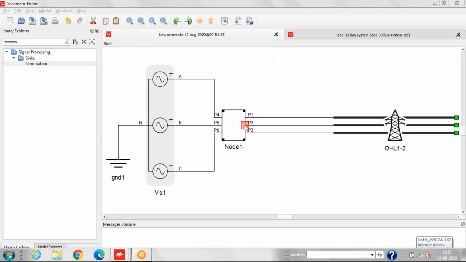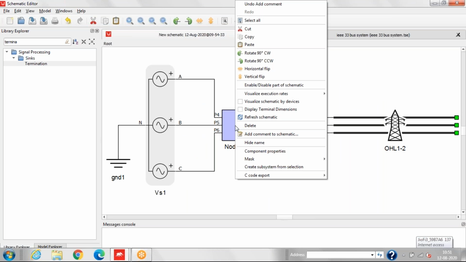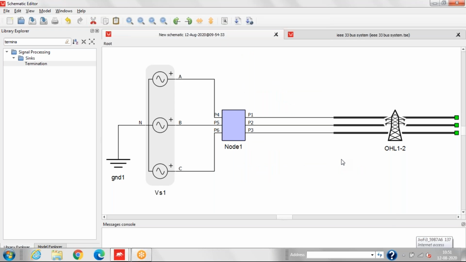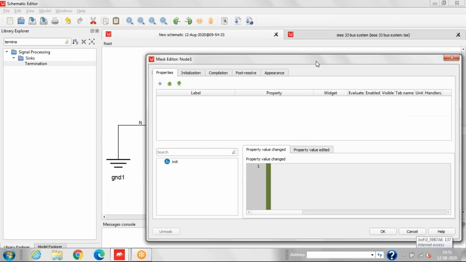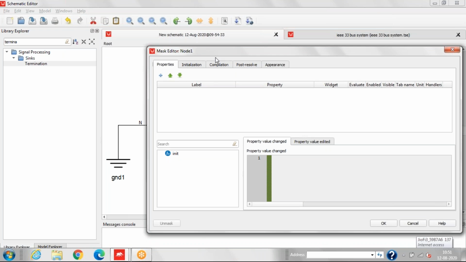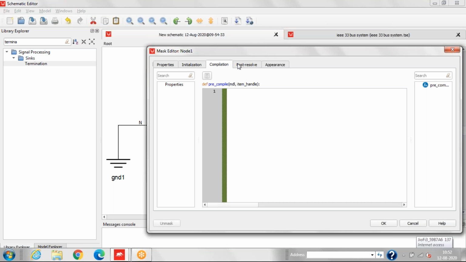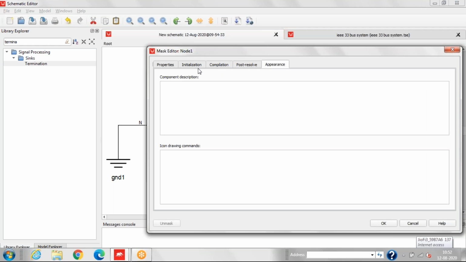Now what we'll do, we'll just right click on this node 1 and we'll create mask. So for that, we'll go to the mask editor and if we have to provide the property, we can provide the property. If not, we can define this.